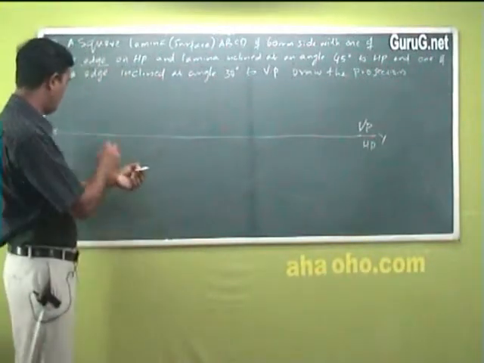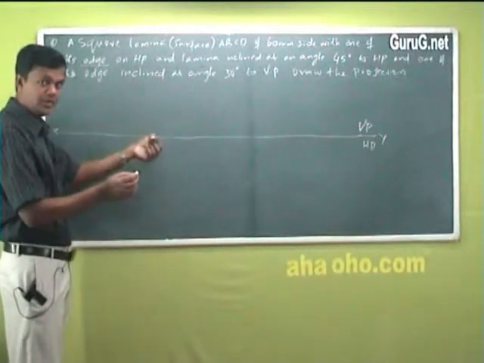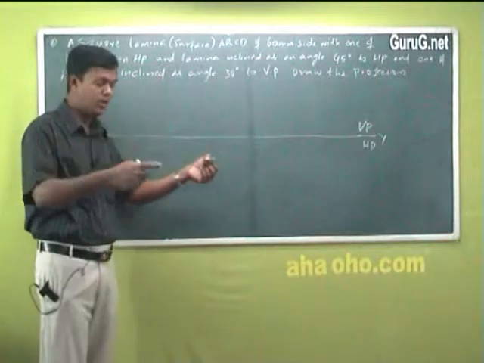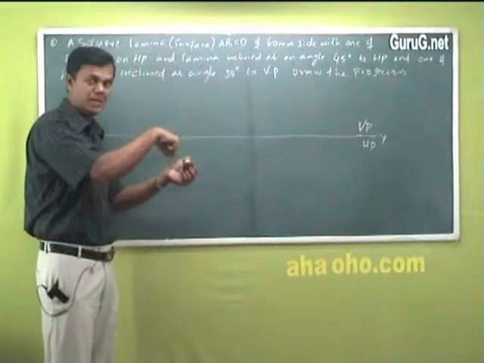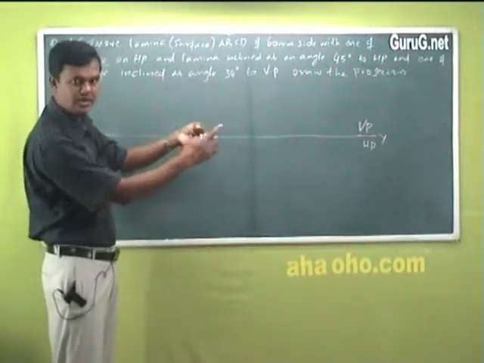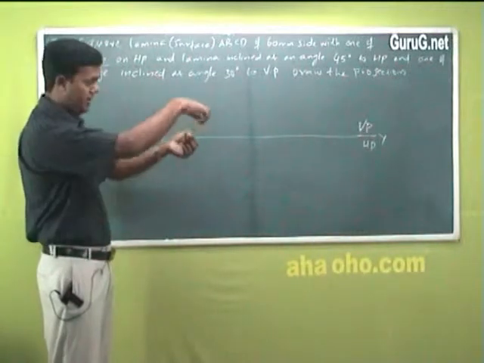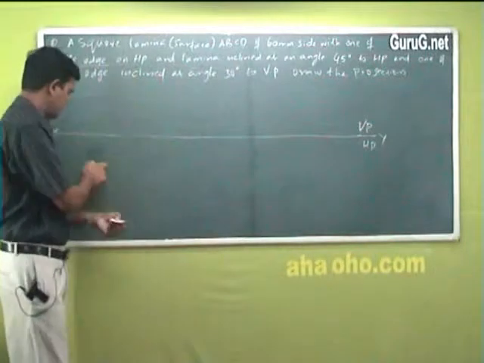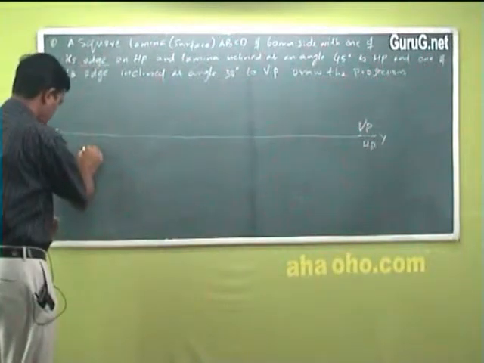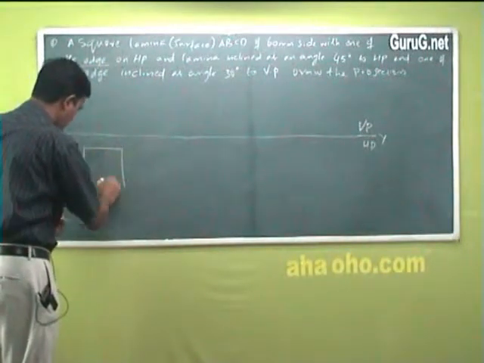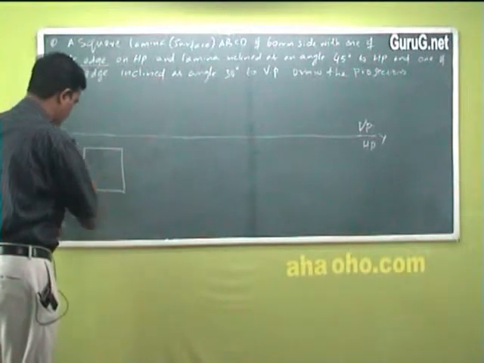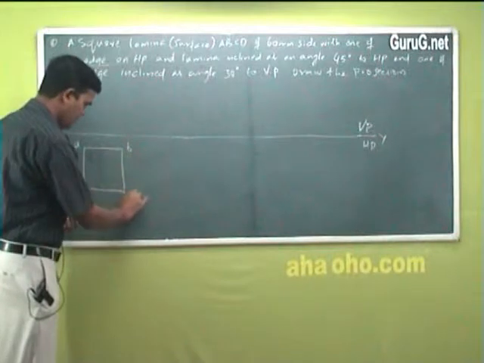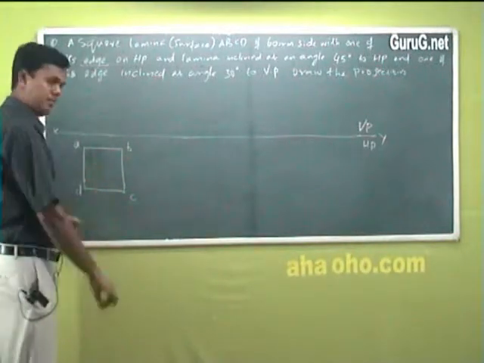Now what I do, first we have to always write the true shape in the first diagram. I have already told you, first we have to draw the true shape. From here you cannot find a true shape, it's only a single line. But the 60 millimeter square I have to draw first. How will I draw? It's in the top view only. So I'll take a square and draw it for 60 millimeter. I'll mark the points as A, B, C and D.